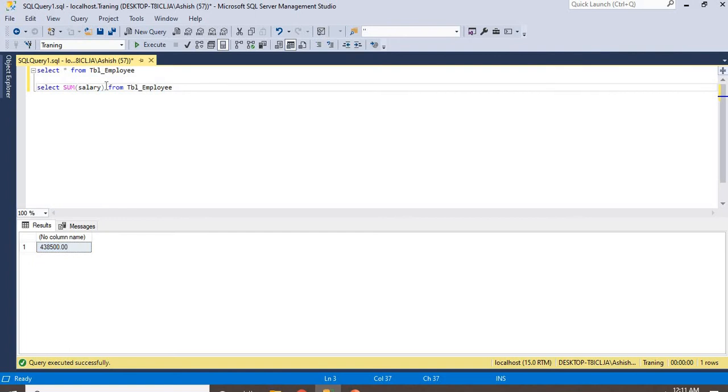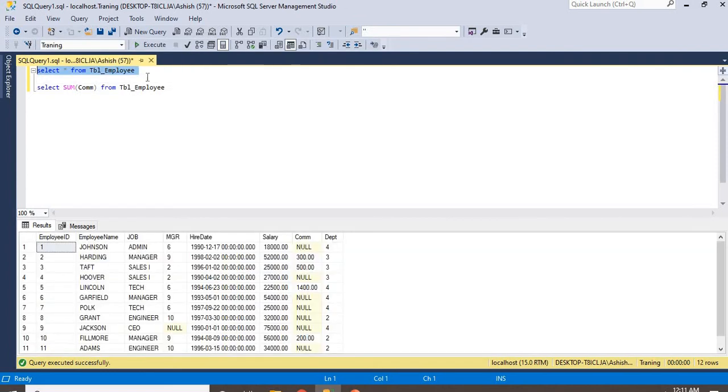This is sum. In the same way we can give commission. Sum adds all the values in your column, so you don't have to manually add them one by one.